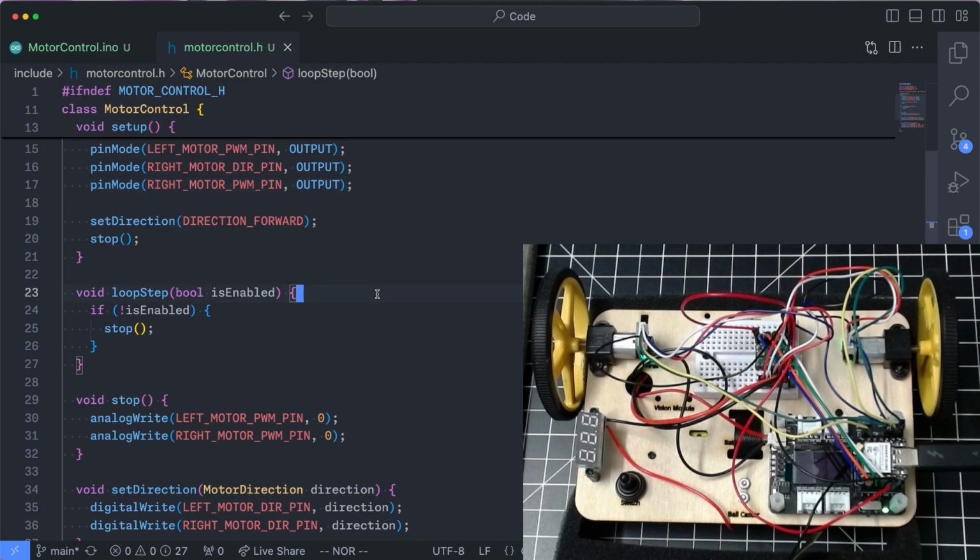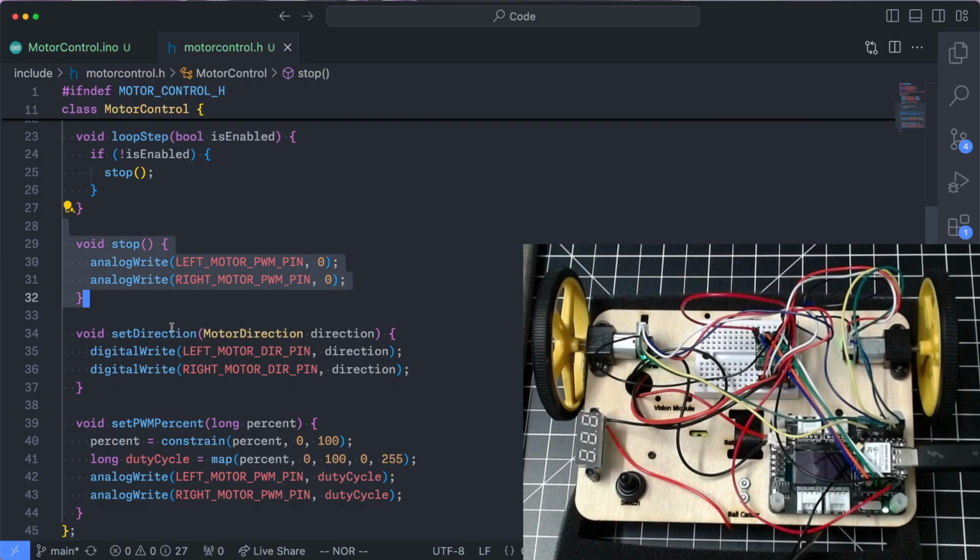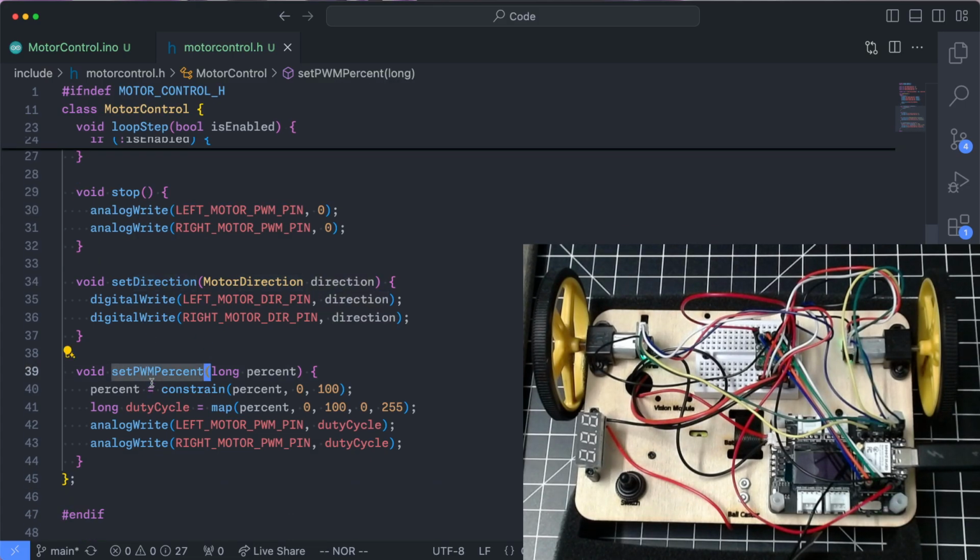In between videos, I decided to add a little bit more functionality. So we have our ability to stop. I added a function for setting the direction, where the user can pass in a direction, and I renamed this to set PWM%. I realized that we weren't actually setting the direction in here anywhere, so it was a little bit